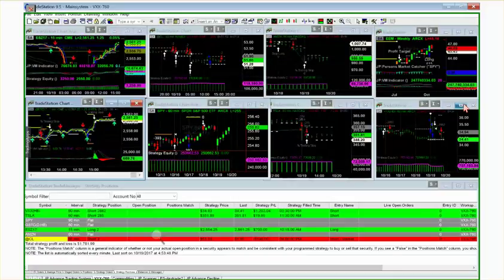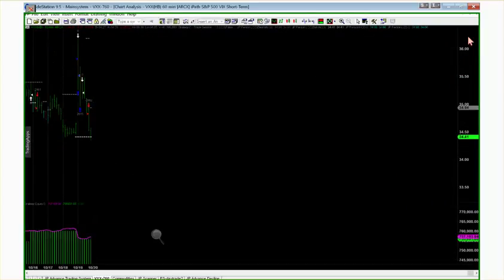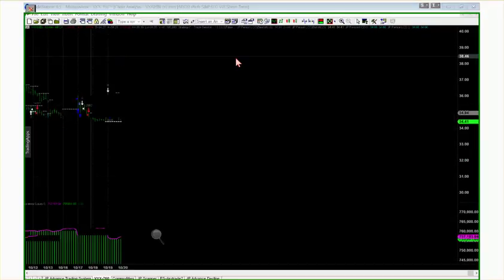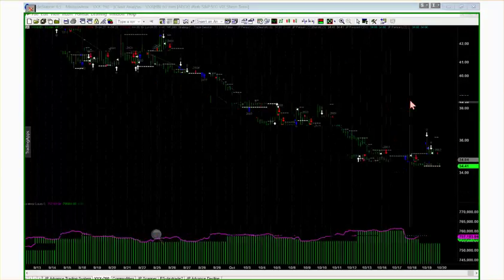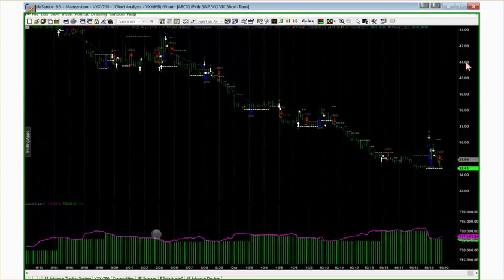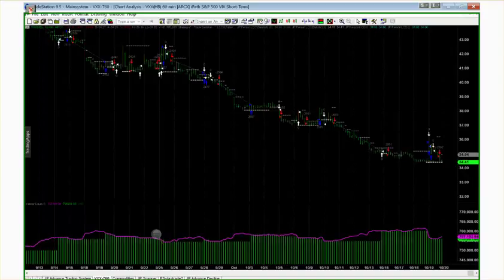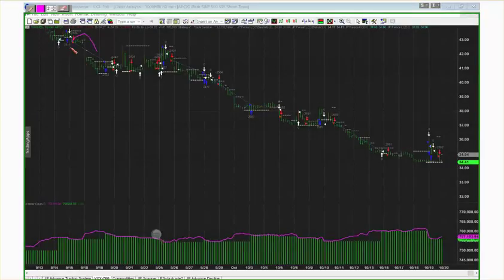This is a product, the VXX. I often share this with you. This is our VIX product system. And here's a situation that I think is pretty unique. When you see a blue line, that means it went short and it got out and took a profit. If you see a red line, it means it's a loser. In this case, it got long and it got out. It got short, it got stopped out, but then it rides the trend. It went short again, it got stopped out, and currently it went short again.